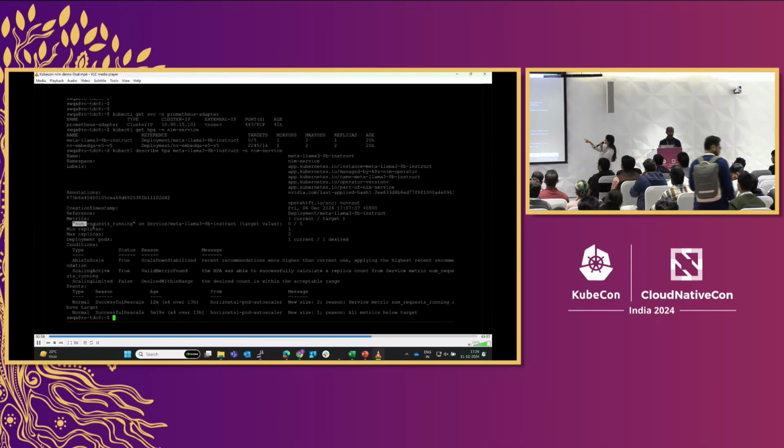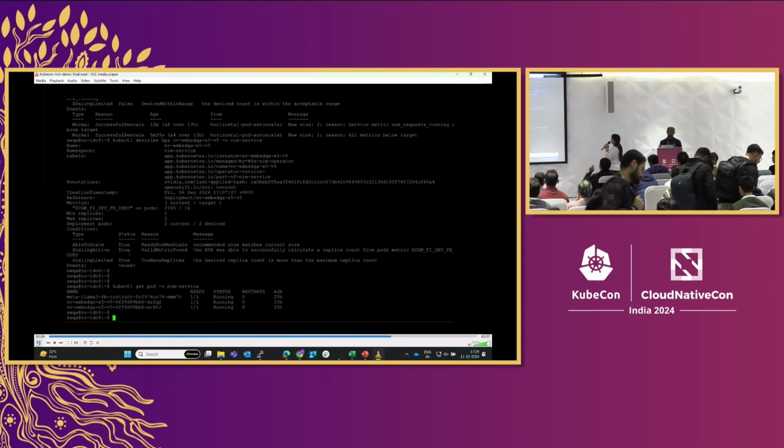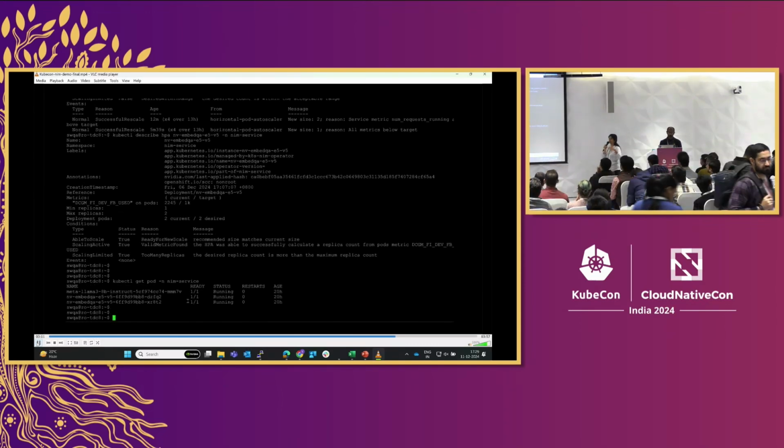See, the replicas are 1 and max are 2. So this is the HPA advice that I've said that, okay, look at the number of requests that are coming in. If the number of requests exceeds 5, go ahead and do the auto scaling. So you'll see that we wrote up a script which will keep sending multiple queries at the same time.